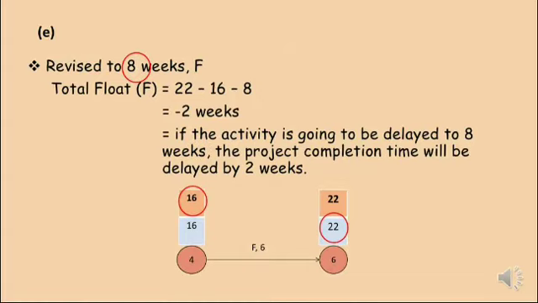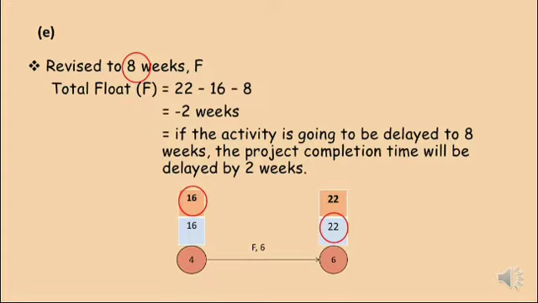So the next question is calculate the project completion time if activity F were revised to 8 weeks. So we have to calculate the new total float after the revision for activity F. So the answer will be